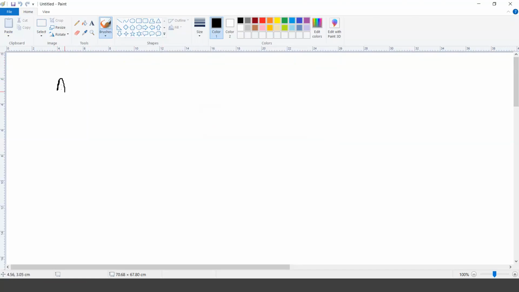Let's say we have A plus B, then multiplied by C plus D inside brackets, and then this overall expression is divided by E. So this is our expression.